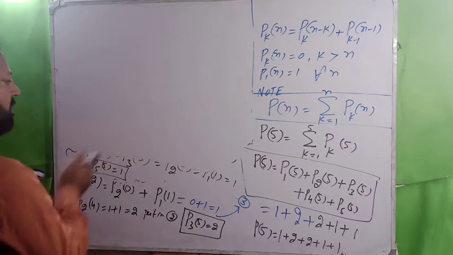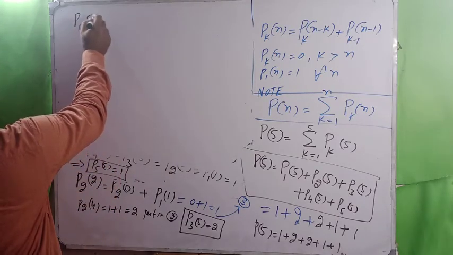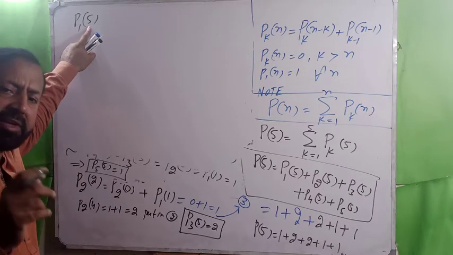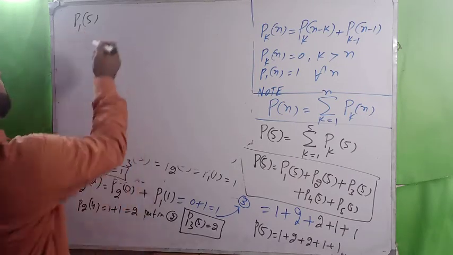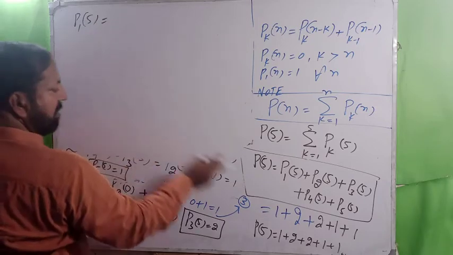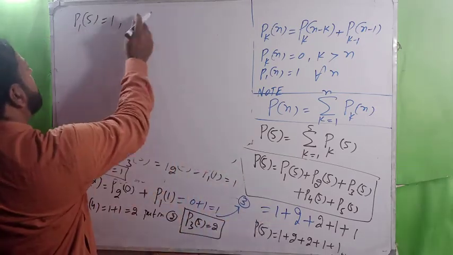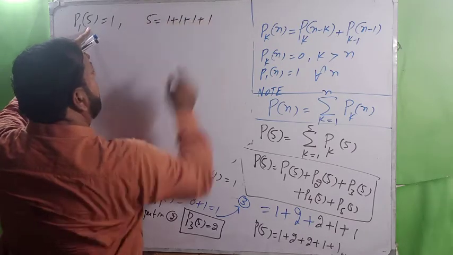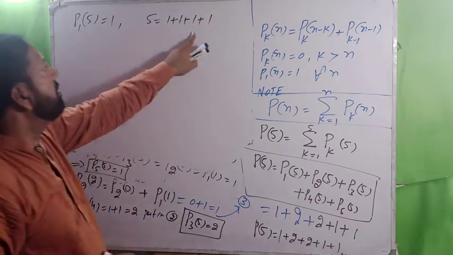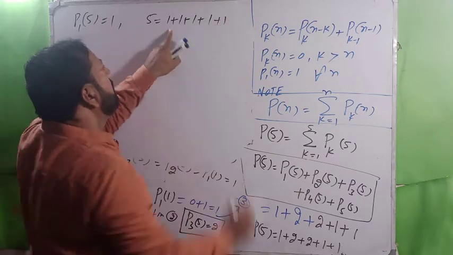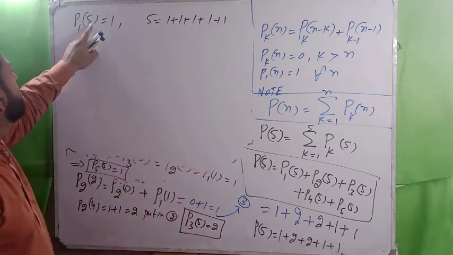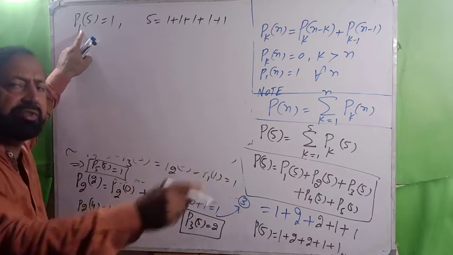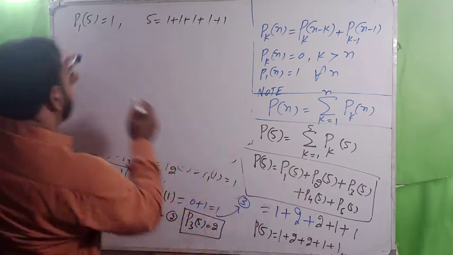What do you mean by P(1,5)? It means partitions of 5 with the help of integer 1 and lower. So this is 1, and this means that 5 has only one way, so 5 is equal to 1 plus 1 plus 1 plus 1 plus 1. This is the only way, because the sum should be 5 with the help of 1 or lower integers. Now P(2,5)